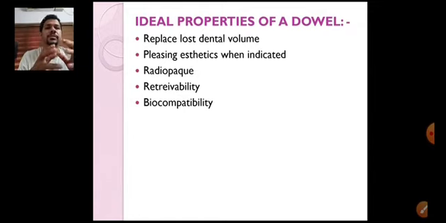In most of the cases for root canal treatment, almost 70% of the cases will be due to extensive caries which may or may not involve pulp. So as there is an extensive caries which involves so much of dental volume, that much dental volume will be lost when they perform root canal treatment, and post placement will be after that. So the post what you are giving should replace that particular lost dental volume.